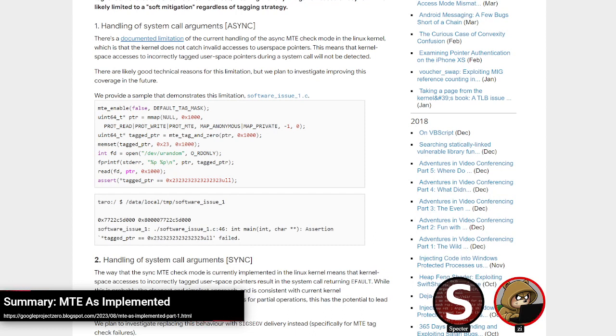The problem being, when you're running in async mode and a syscall argument comes in, effectively the kernel is not going to catch any of those invalid accesses from or with the user space pointer that was provided. Basically, the kernel's allowed to access whatever. So when reading that data, it's just basically going to let it through on an async call.